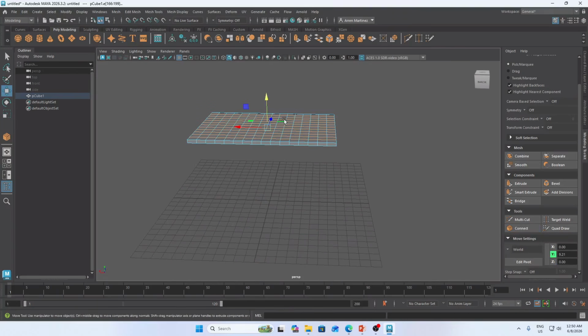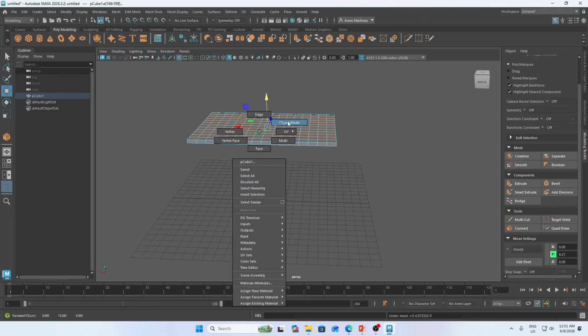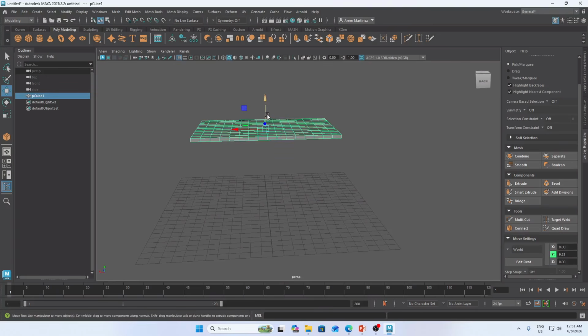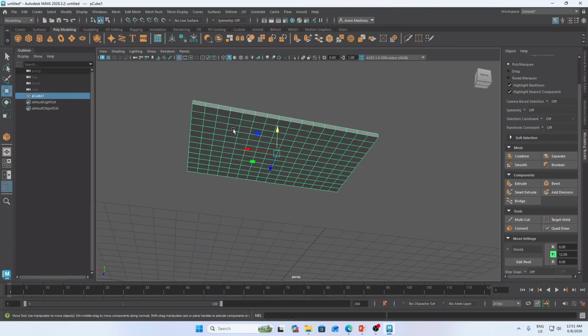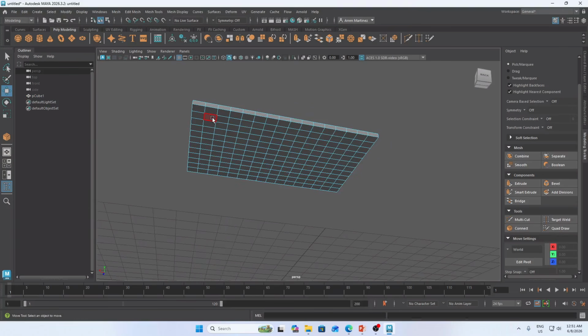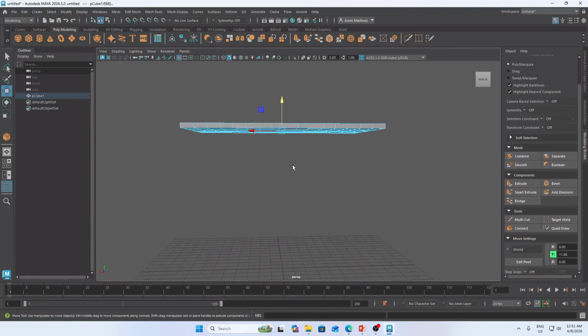Okay, and then I will move it up. Sorry, I will go here into object mode. I will move it up. And we learned the face selection. Okay, hold right click, go here into face, and select the particular areas. So this will be our feet. Okay, so we have here what we call the extrude. So what is extrude?